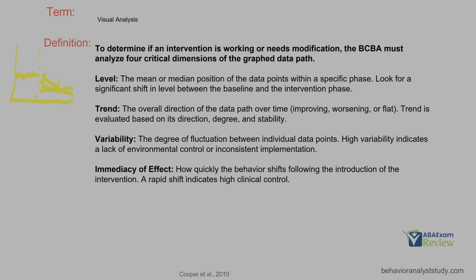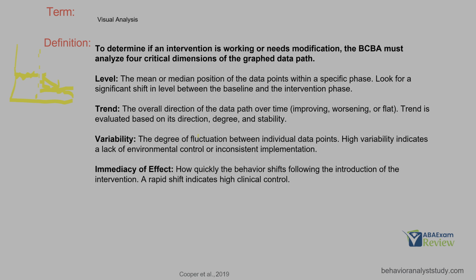We can then look at the trend, which is typically the easiest to evaluate. Which way is the data path going? Is it improving? Is it worsening? Is it an upward trend, a downward trend, or a flat trend? Now, with visual analysis, there is a level of subjectivity to it. So you've got to be sure when you're looking at a graph, and if you're not sure, let another behavior analyst look at the graph, because what you don't want to do is see something in the data that isn't actually there. We then want to look at variability,